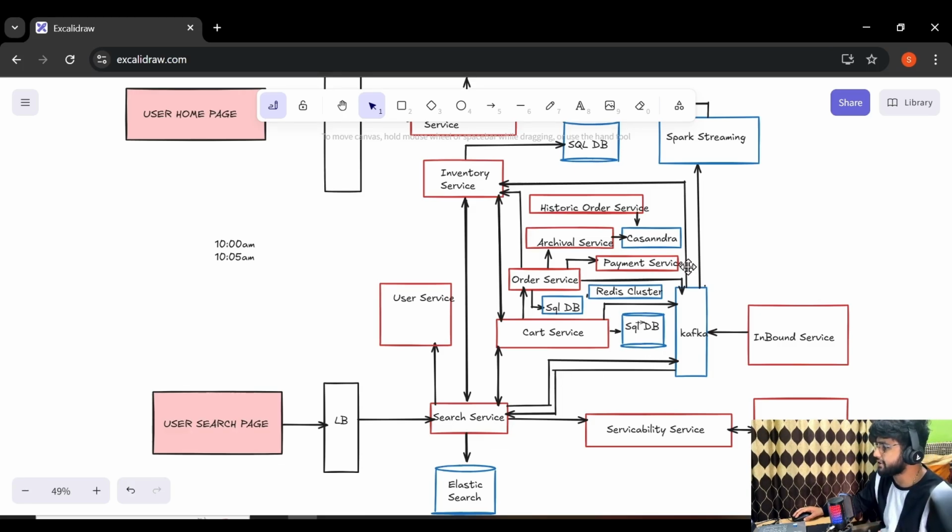So in this case, payment service will not send any update or any event to order service. So order service will have no idea what happened later, and we reduced the inventory count but the user did not buy the product. Let's say the inventory count for a particular product was 1, and then we logged the assignment and reduced the inventory count. Now the inventory count went to 0.